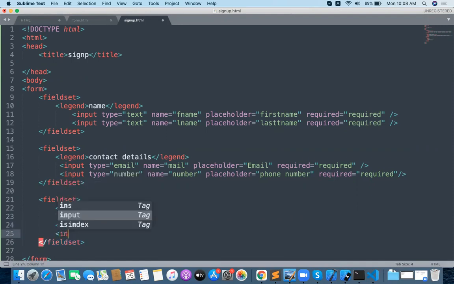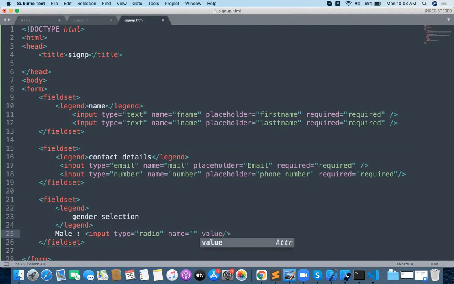After that, I want to go with input type radio, and I want to provide a gender value, something like male. This is the male selection, with name and value, name is male, value male.